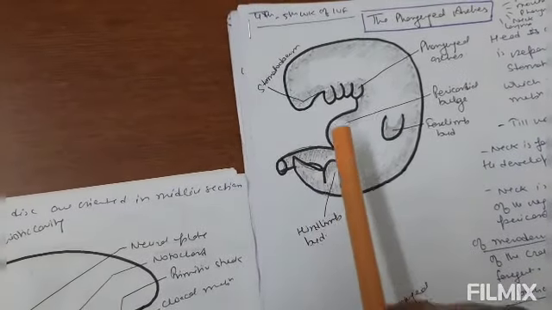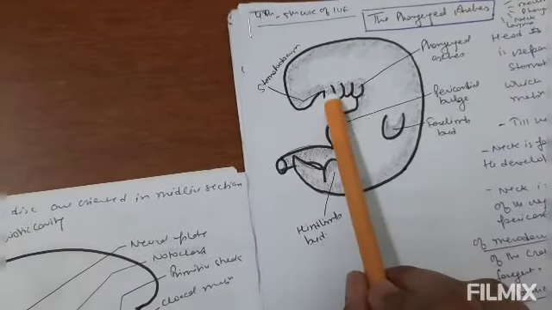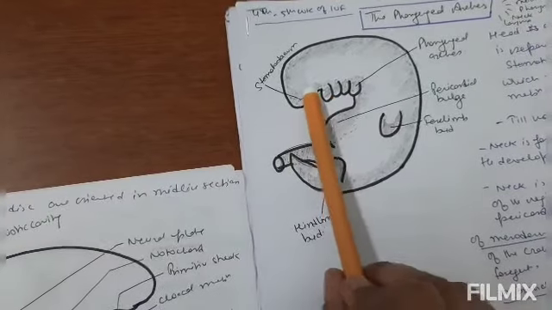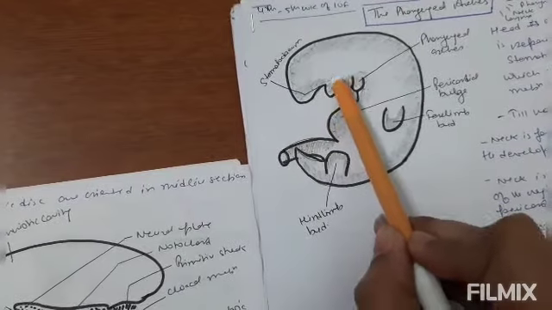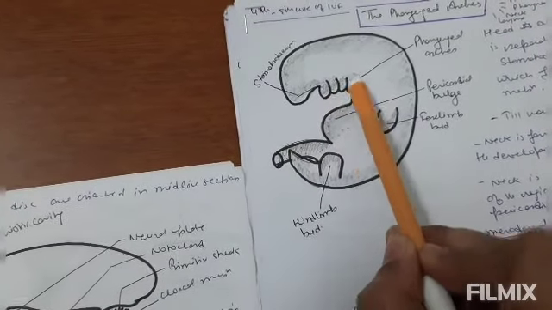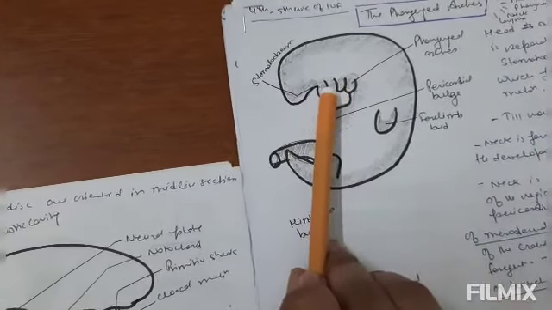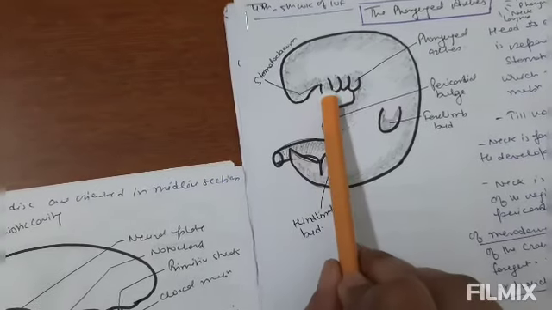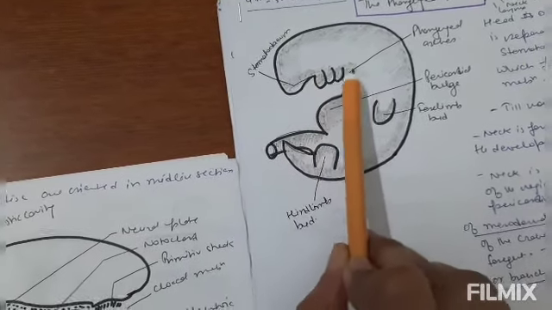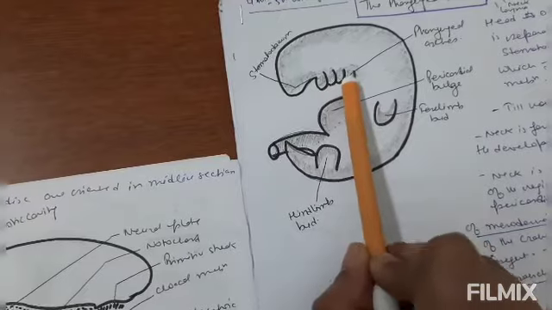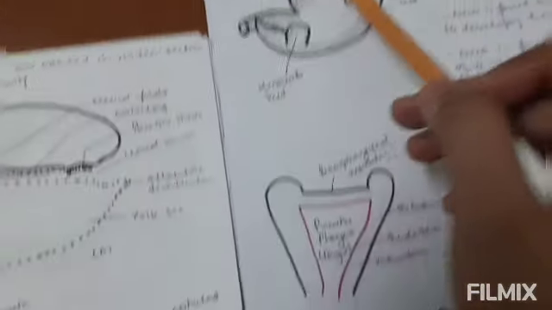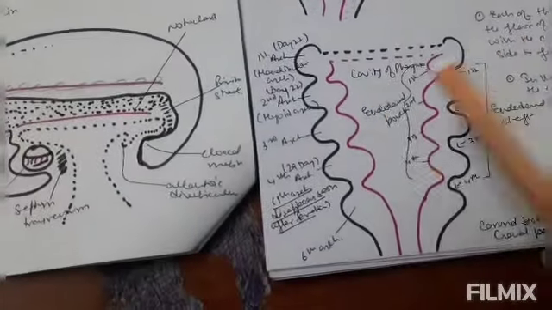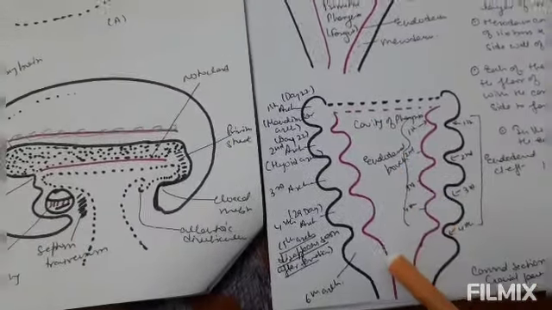Now the neck is formed by the elongation of the region between the stomatodeum and the pericardium. The outpouching is actually nothing but the mesodermal thickening, and because of the mesodermal thickening we are getting the arch formation, which is known as a pharyngeal arch. Now these pharyngeal arches are 6 in number. So they will develop like this.